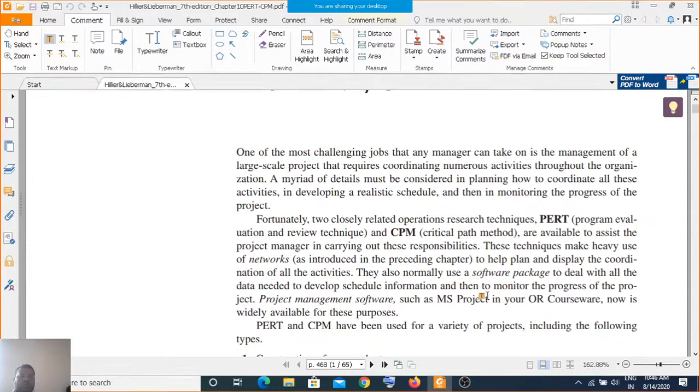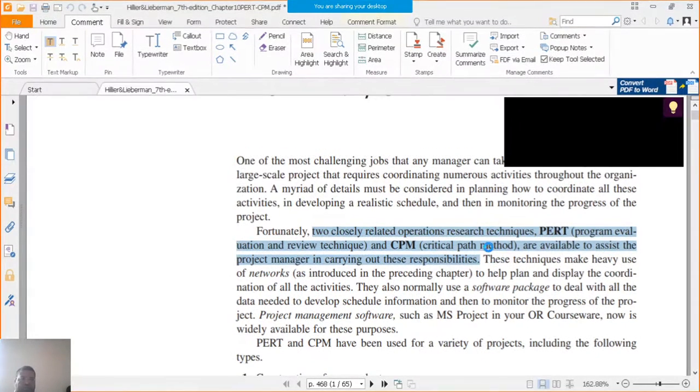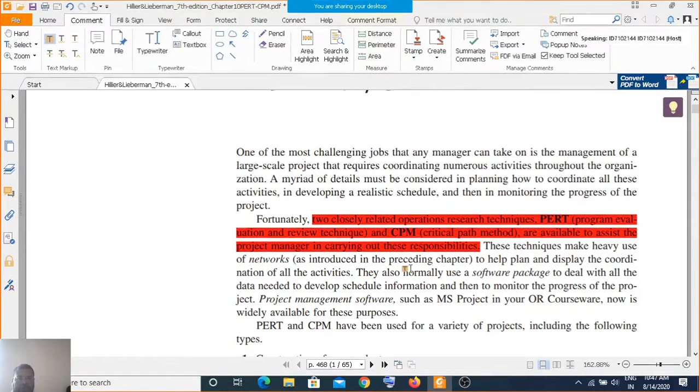These are two closely related operations research techniques which are available to assist the project manager in carrying out their responsibilities. PERT and CPM are included in different project management software, as part of operations research.